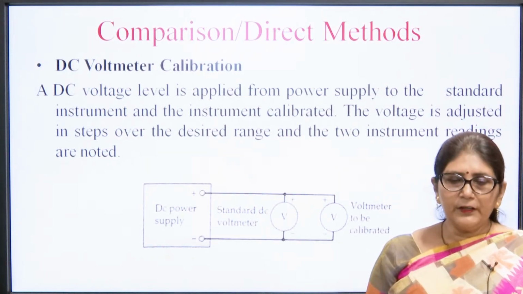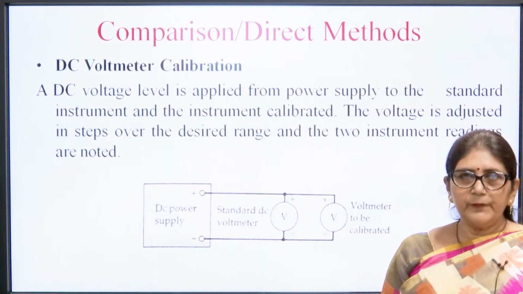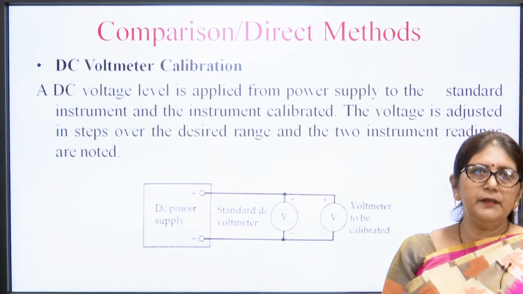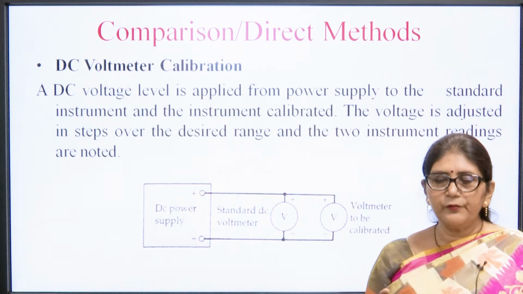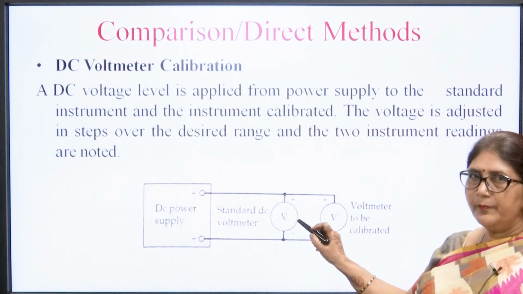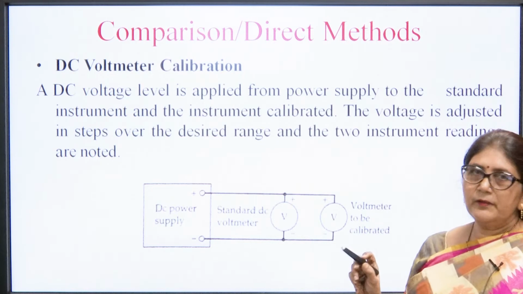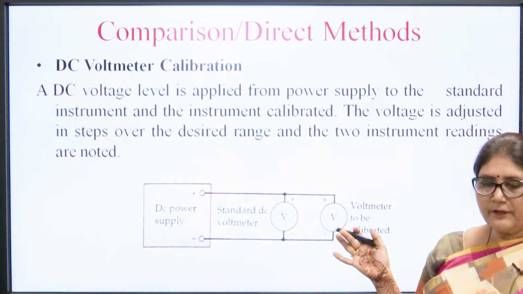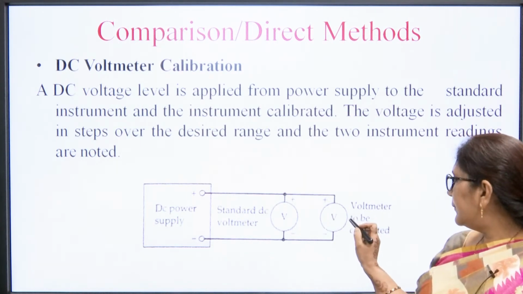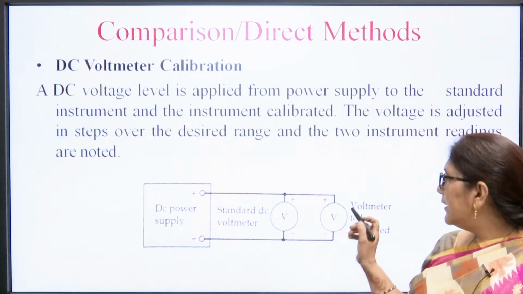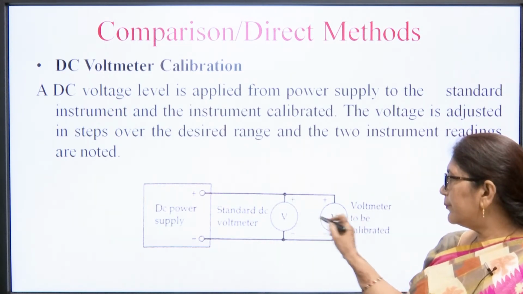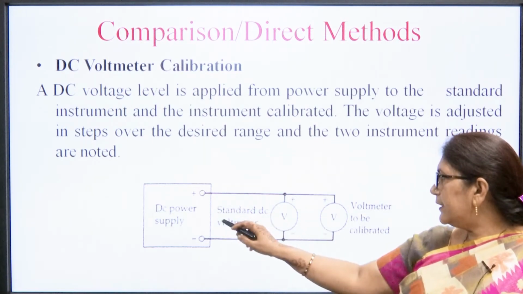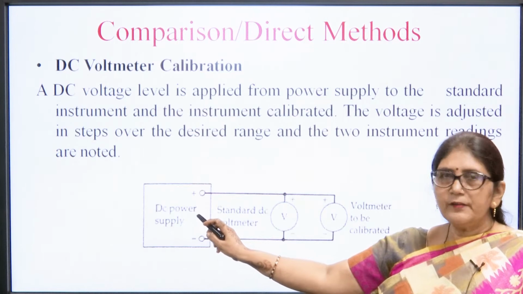So, in college or in our lab, suppose we have calibrated one instrument by any third party or the national laboratory, and we have that standard voltmeter with us. In a voltmeter we know that voltage is measured across any resistance or any circuit. So, we will place the voltmeter which we want to calibrate in parallel to that voltmeter, and both the voltmeters are kept parallel to the DC supply voltage. We will vary the voltage of the DC power supply and we will